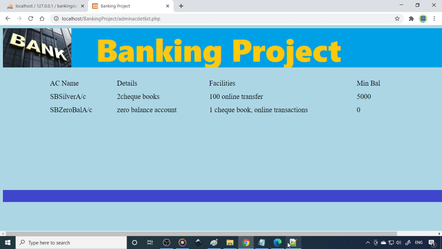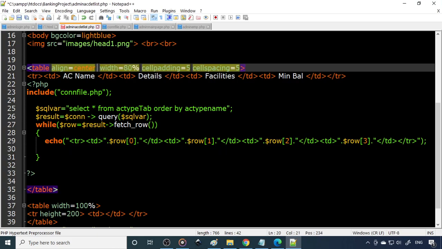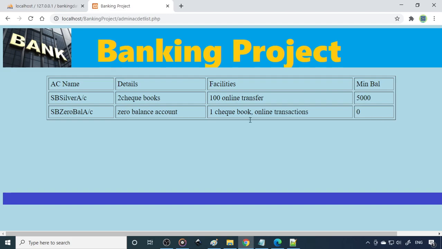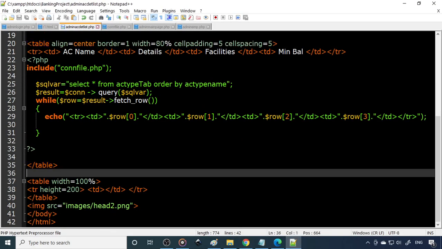Now we can just put a border here. Table border is equal to 1. Now if I refresh this, you can see the details will come in this particular format. Now somewhere here you need to provide the back option. So outside this, you can write an anchor href.